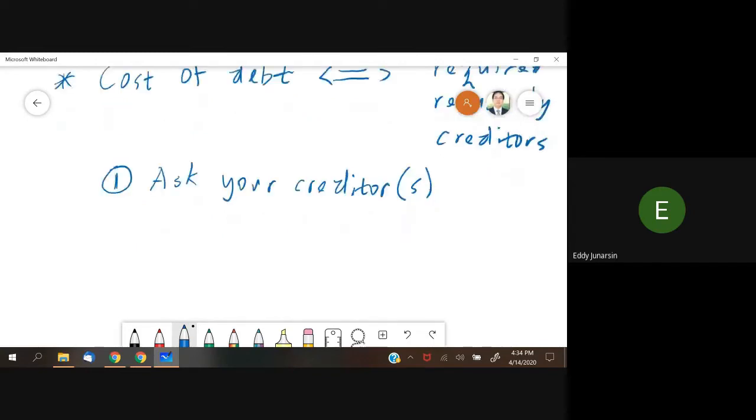However, this is the thing, right? If we say that this is the easiest and also probably the most valid way of estimating the cost of debt, why don't all companies use this method in estimating their cost of debt? Quite intriguing, right? And the answer is, of course, there's another dimension that we have to put into consideration, right? And that particular factor is the secrecy, right? Secrecy and or confidentiality, right?